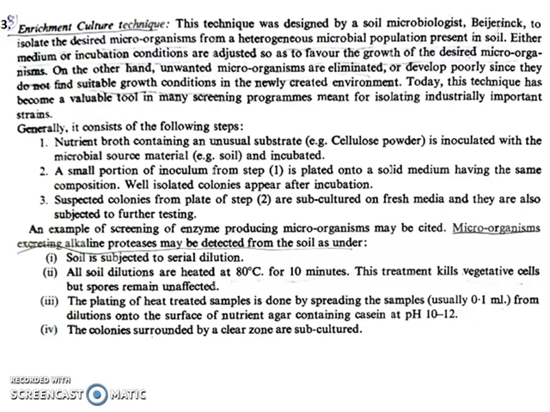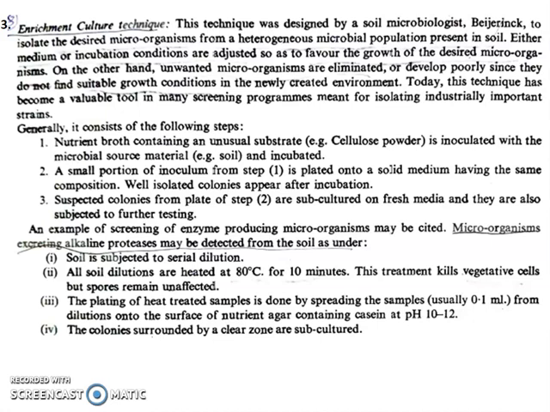Then the pH is 10 to 12. It is highly alkaline, because we want to get the alkaline protease, not a normal protease. We want to find an alkaline protease producing microorganism. That's why the pH is set to 10 to 12, and the media we are using is casein, because it is a protein, isn't it? So only microorganisms that have the ability to produce protease to cleave the protein can grow on it. Other microorganisms cannot grow. That is about the enrichment culture technique.